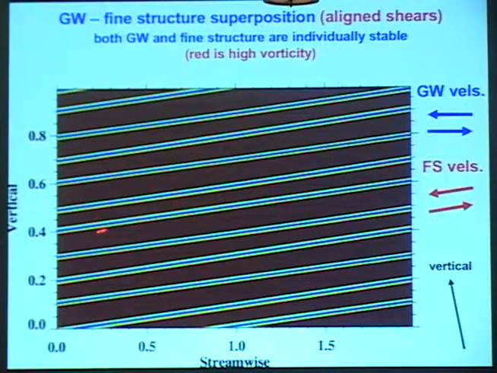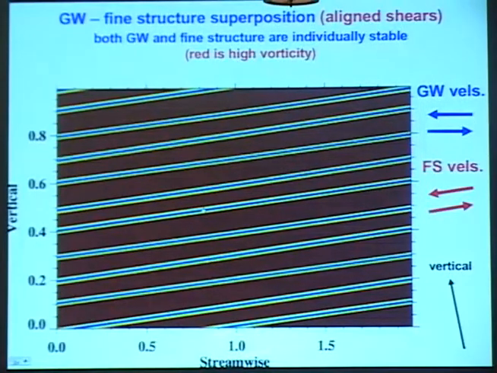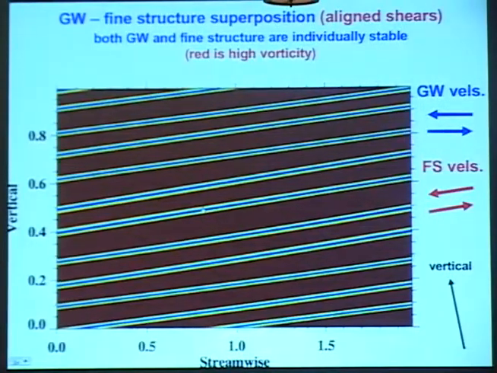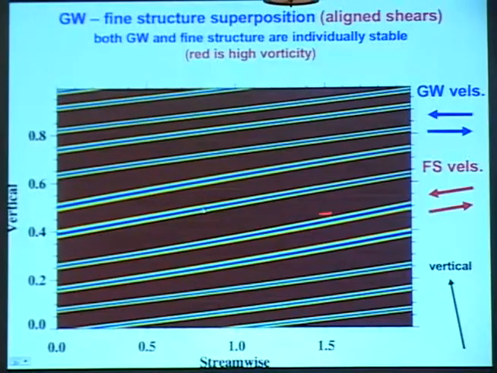And this represents the fine scale, higher wave number shear with which the gravity wave has been superposed. And again, I'm reminding you that the velocity fields for the two flows, the gravity wave larger scale flow and the fine structure smaller scale flow, are misaligned. And the tendency then for them is to distort each other as they evolve. So you'll see initially that the two flows are evolving very gradually.